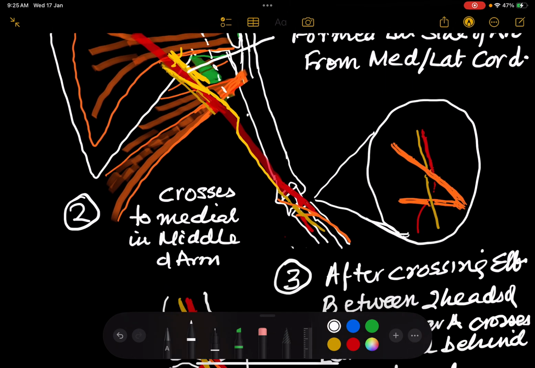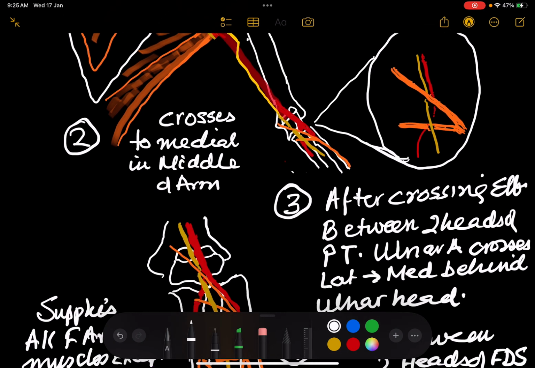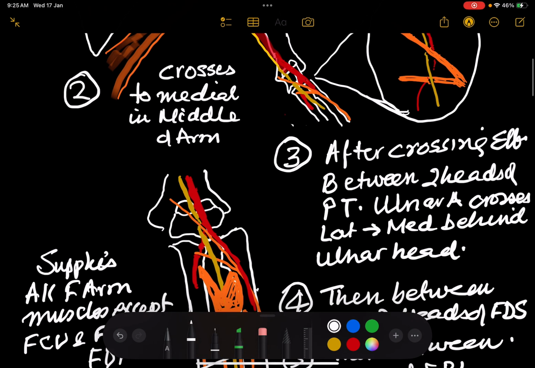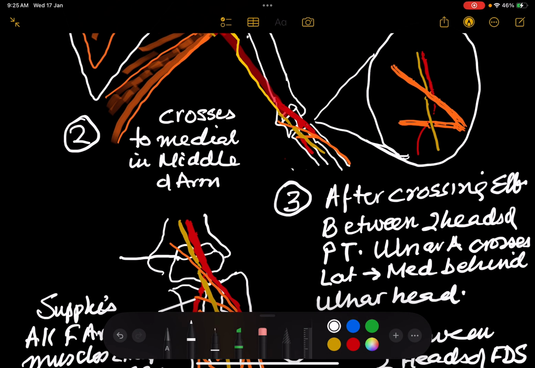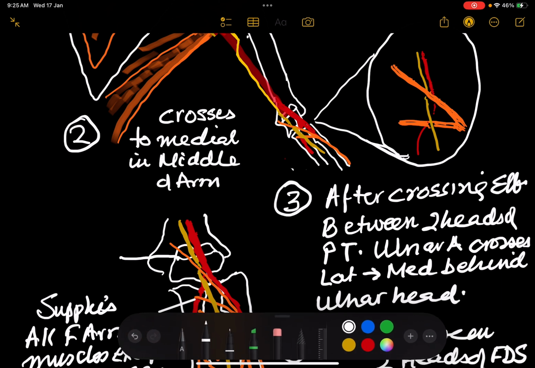Then notice that in the middle of the arm it crosses from lateral to medial, and therein it keeps on lying medial to the artery. After crossing the elbow, the median nerve would pass between the two heads of the pronator teres, the humeral head, which is this one, and the ulnar head, which is this one. So it will pass between these two heads of the pronator teres, and the brachial artery would divide into the radial and the